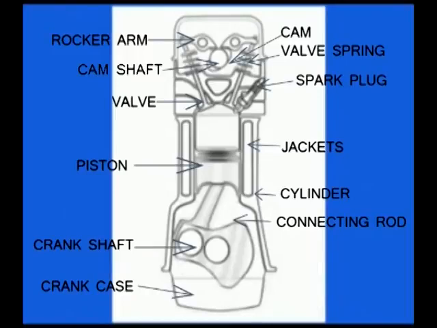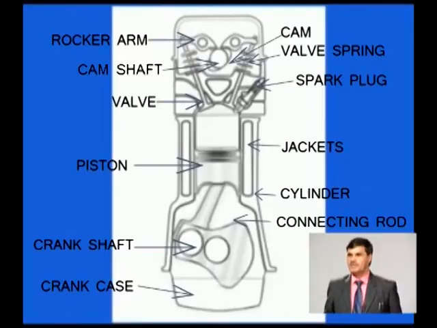Rocker arms are moving up and down as shown in the figure. They are pushing the valves in the downward direction against the spring force. The valves are being opened. Due to opening of the valve, fresh mixture is entering into the cylinder. After filling up the cylinder with fresh mixture, the valve will remain in the closed position and the piston will move in the upward direction, which is compressing that mixture. And after compression, there is a spark plug, which is also visible in this diagram. That spark plug is initiating the combustion in the cylinder.